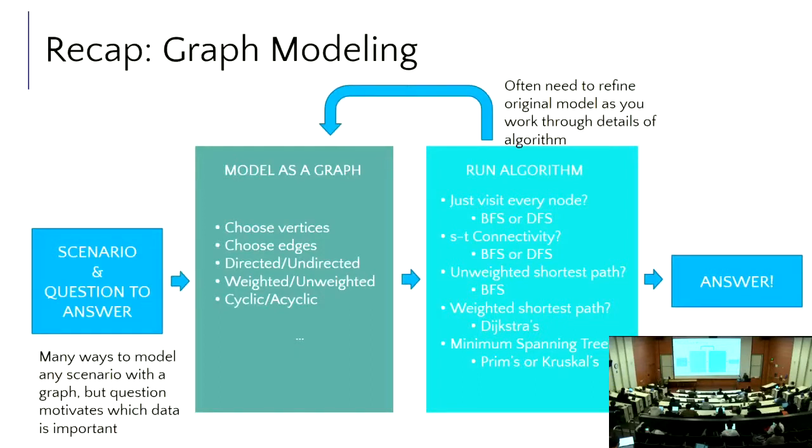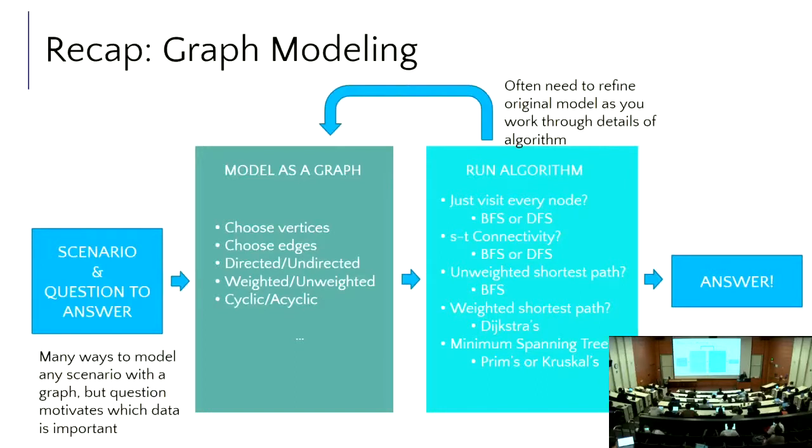So let's talk about them so you are prepared to answer these questions on the final exam and possibly in interviews. When I say a graph modeling problem, we've been learning all these things about graphs and all these algorithms. The goal is to give you some type of real world scenario and then go from the real world scenario to some type of graph model. What are your vertices? What are your edges? What are your weights? Is it directed? How are you going to represent the specific scenario and all the relationships that you need to represent